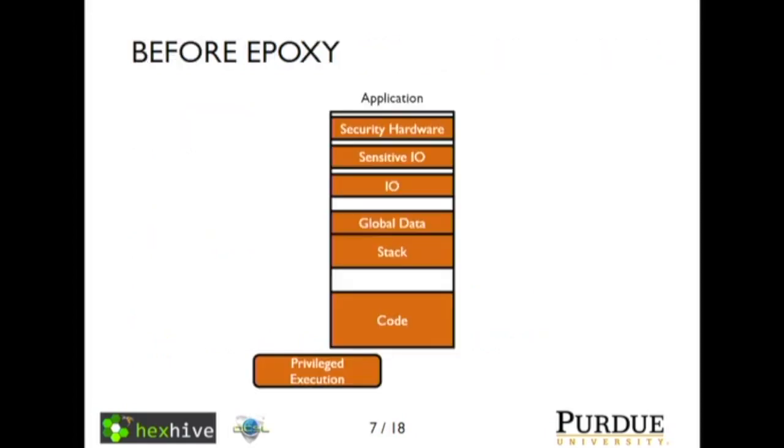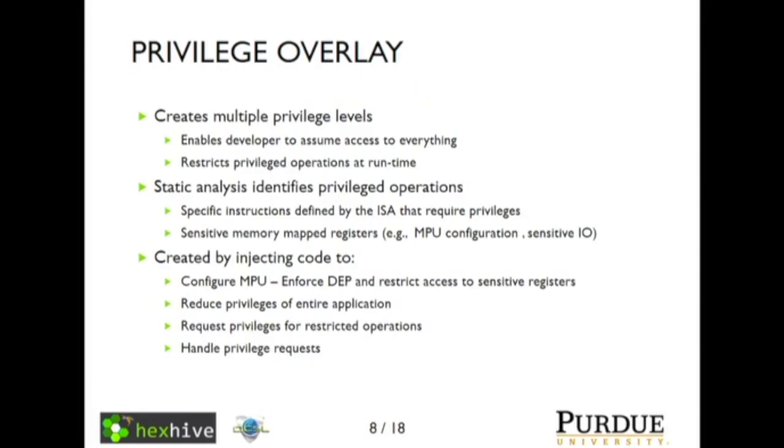So here we're back to our application. Before any protections are put in, everything's privileged execution. We're going to first apply what we call privilege overlays. What privilege overlaying does is it creates privileged and unprivileged code, but it allows the developer to assume that they can read and write anywhere in memory. They can develop just as they have been in the past, as if everything has privileges. But then at runtime, we're going to restrict some operations. We're going to restrict most of the application to unprivileged and allow only a few operations to be done with privileges. The way we do this is we use static analysis of the program to identify the parts that